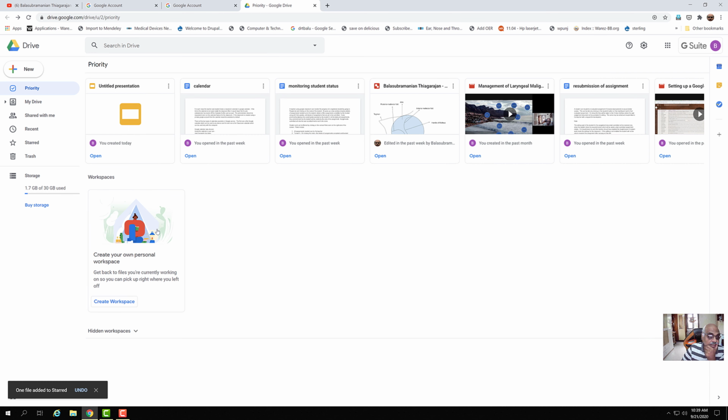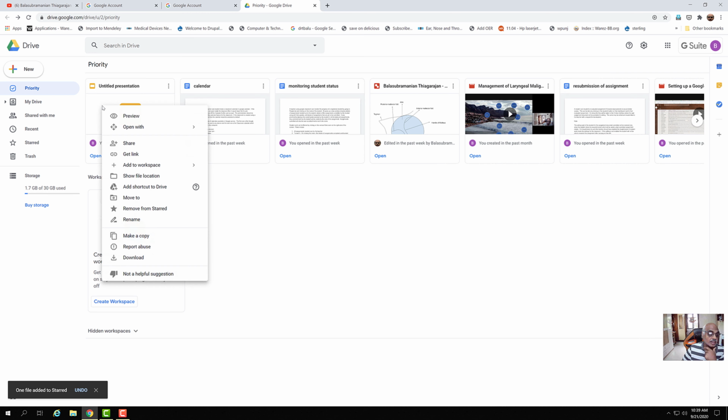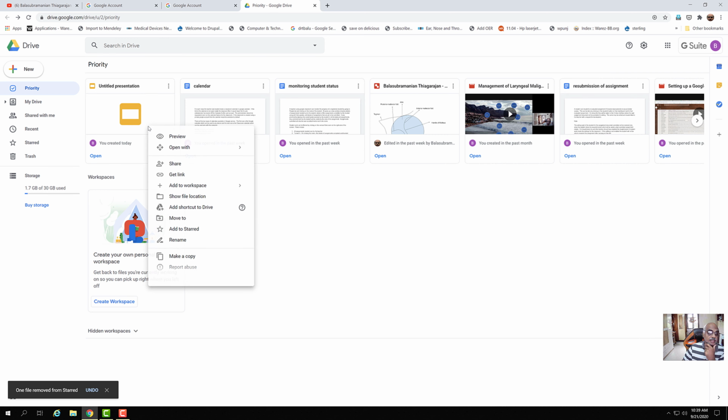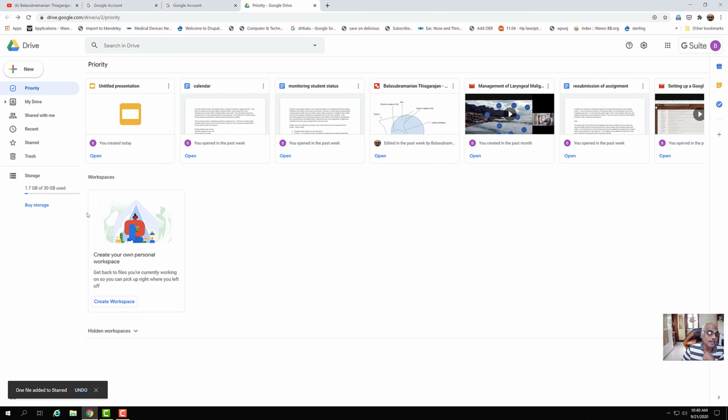The moment I right click and add to star. Supposing I want to remove it from star, I can remove it from star. So I right click, and inside the right click menu, I can add to star. Supposing there are a few important files which you will be constantly accessing frequently in